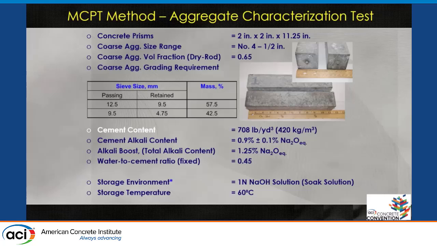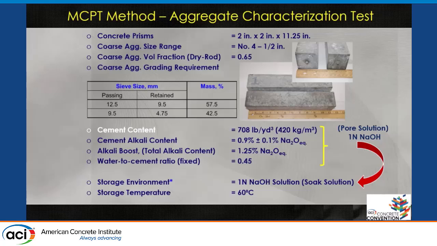The cement content for a control mix is typically about 420 kg per cubic meter, with a cement alkali level of about 0.9 plus or minus 0.1. In a standard test, you boost the alkali levels to 1.25%. The water cement ratio is about 0.45. And it turns out that the way this method was developed, and I presume the 1293, the CPT as well, is that when you have the combination of the cement with such high alkali level with the water cement ratio,